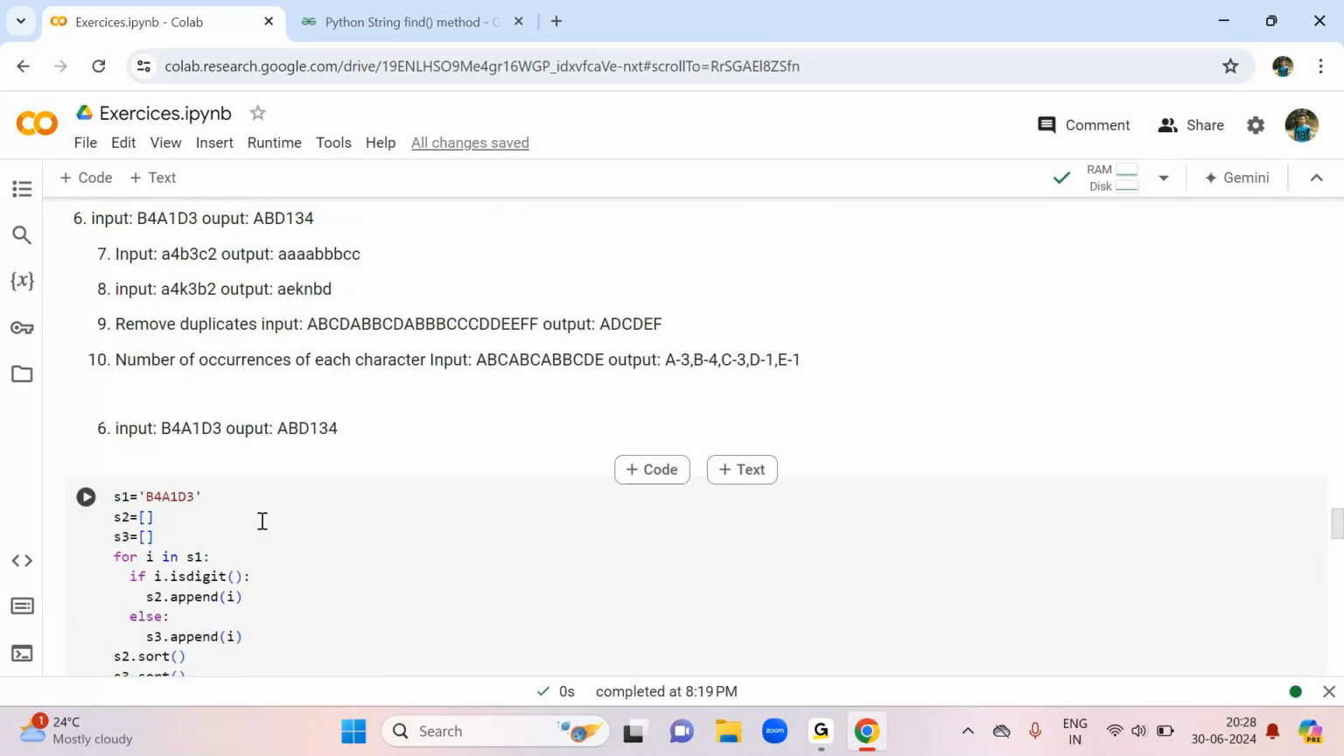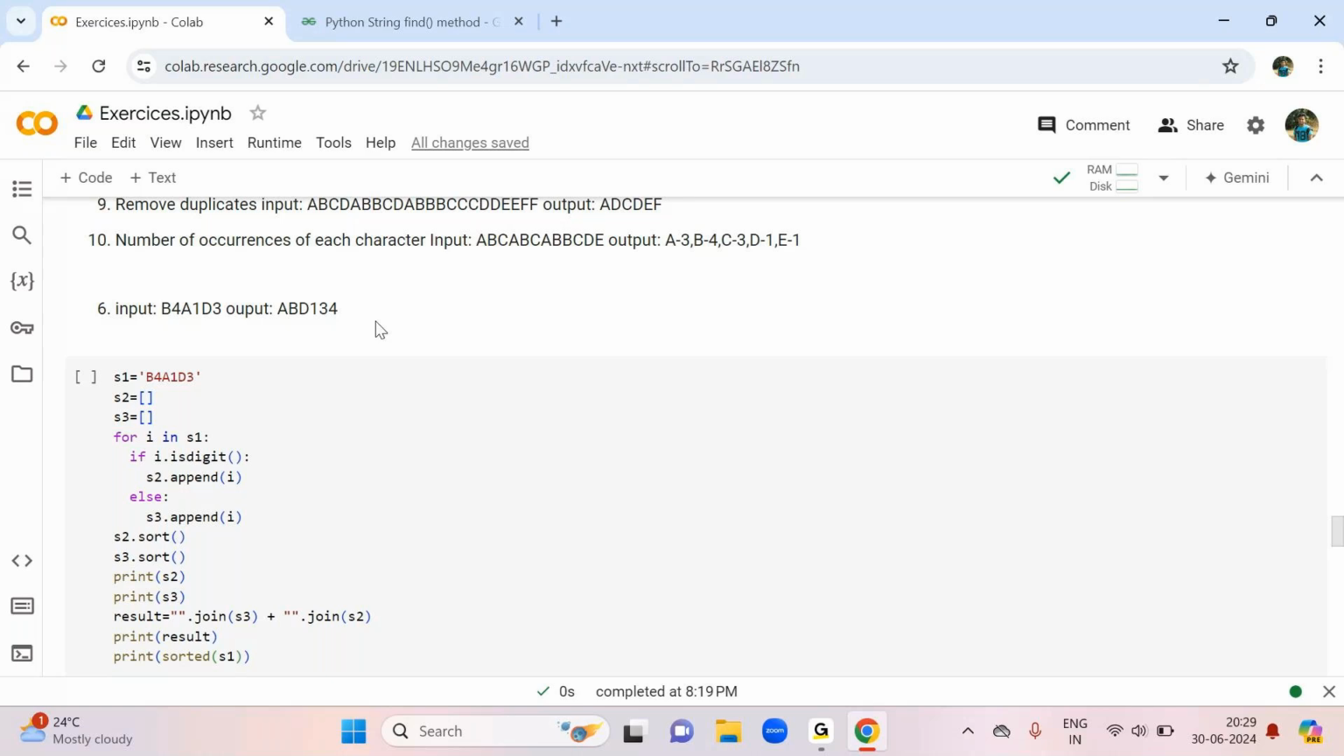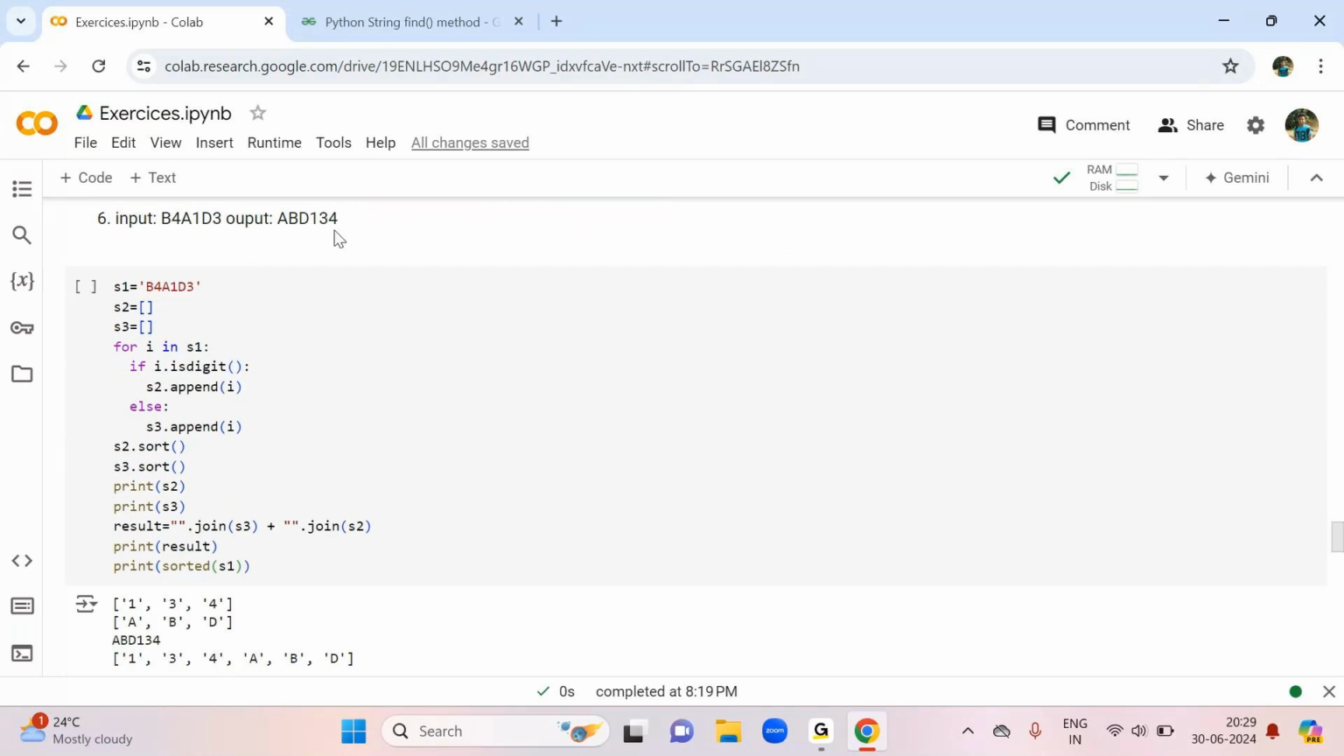Then for the six number question, the input will be like this only, and we need to keep all the alphabetic things together in sorted order, and also keep the numeric things together, and that should also be in sorted order. So what I did, firstly I declared some lists, then I tried to loop over the input. For i in this input, I checked